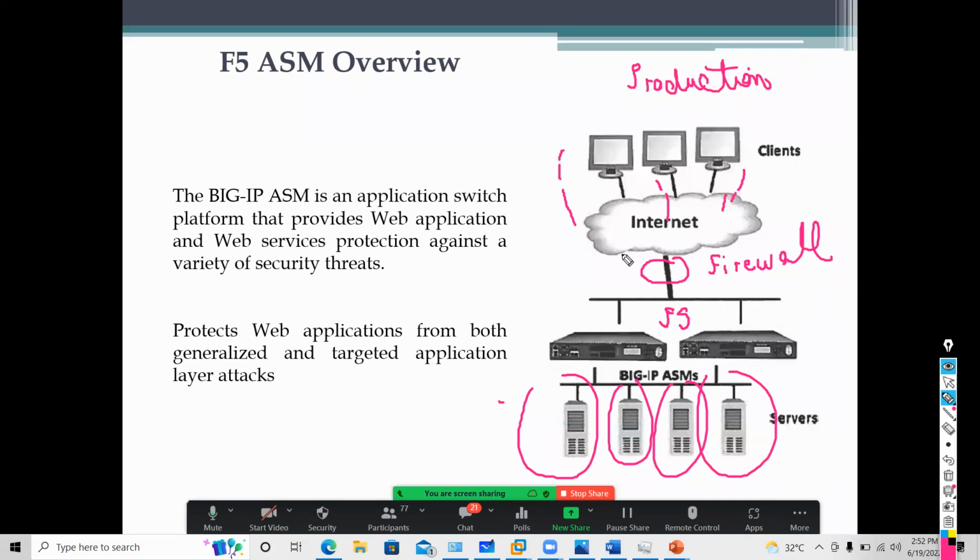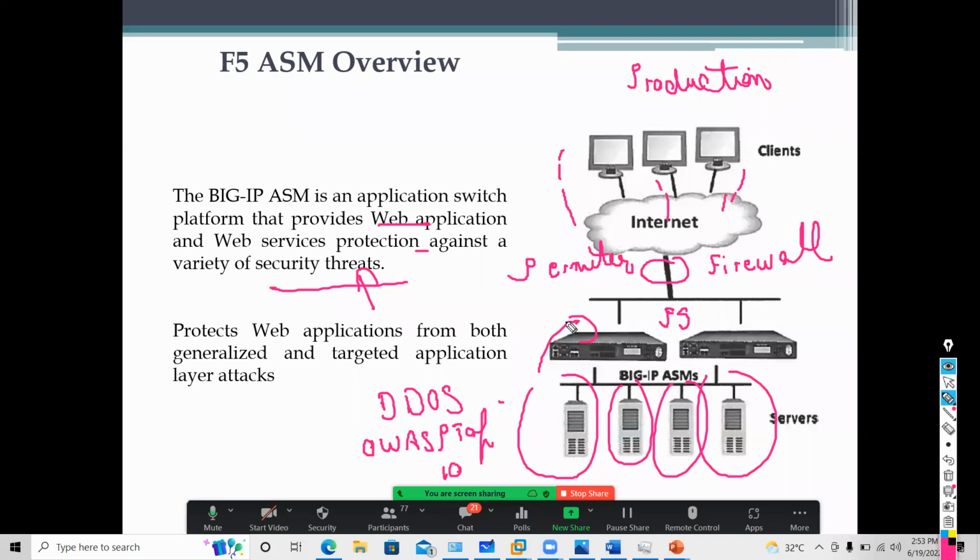You can have a firewall at the perimeter layer. Your F5 is always placed near your app server. And the main logic is, it will protect your web application against security threats. It can be your DDoS related attack, it can be your OWASP top 10 related attacks. All these things can be protected from ASM, guys.